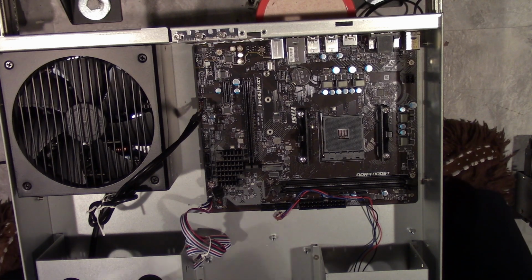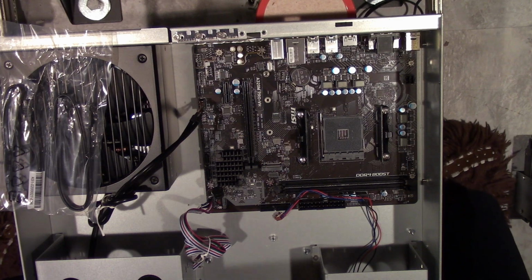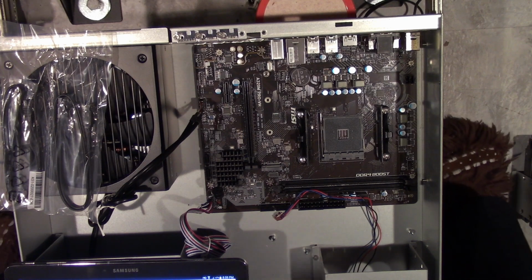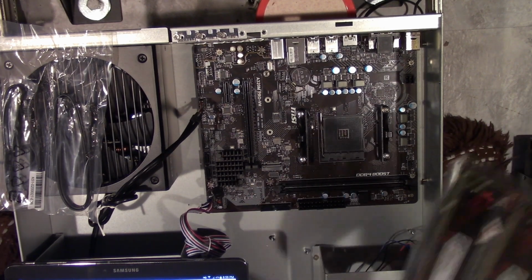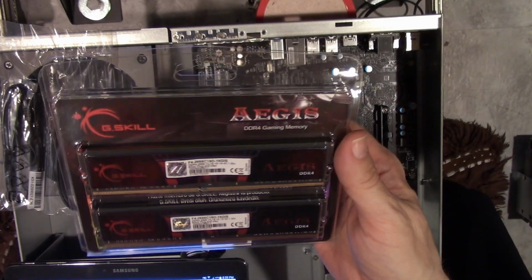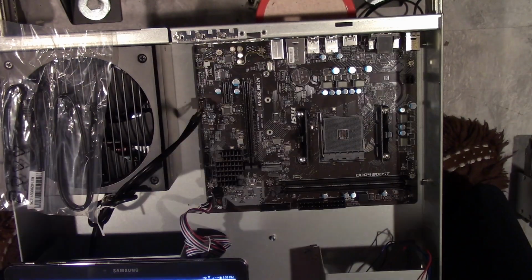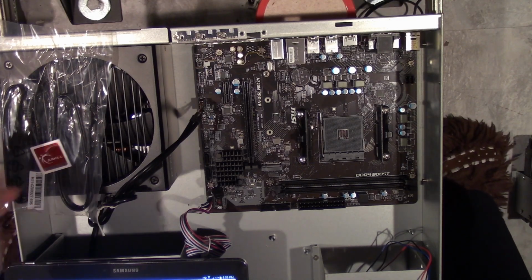Alright, well, we're not to that point of reinstalling the hard drives just yet. We gotta install the processor next. Actually, I'm gonna put the memory in next. And the memory I chose was the G.Skill Ares. I know it says gaming memory. It's really not going to be used for gaming, so I know that kind of sucks, but